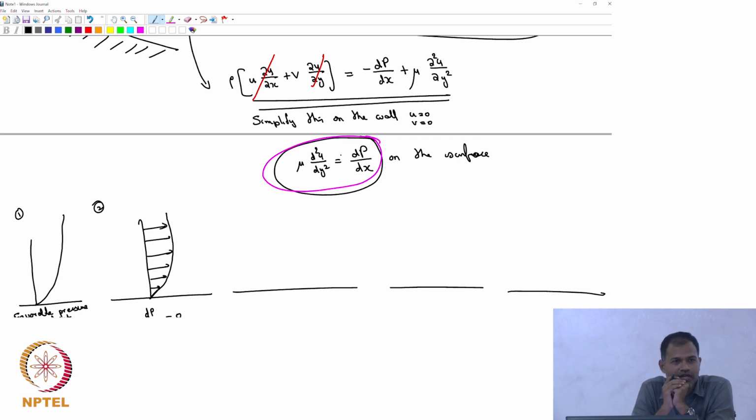This is only for the thin boundary layer. Because we are saying that dp by dx, we can say that it's only a function of the outside when the boundary layer is so thin that we can neglect all x gradients and so on. And typically boundary layers are thin, maybe a millimeter or smaller. On the surface y equal to 0, u and v are also 0, right?